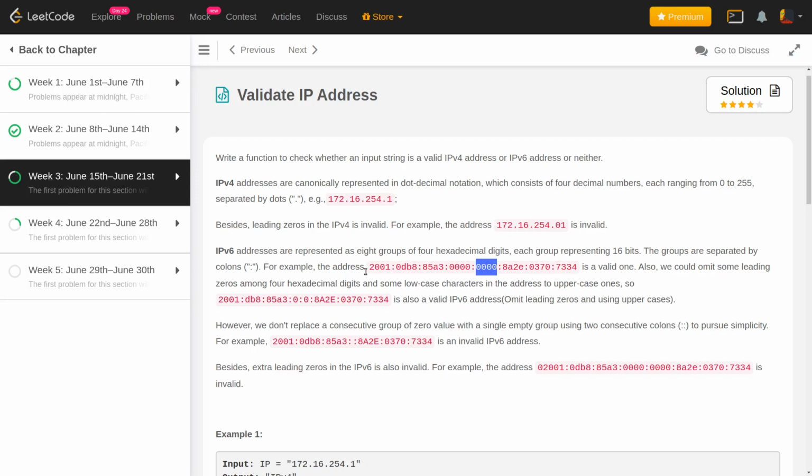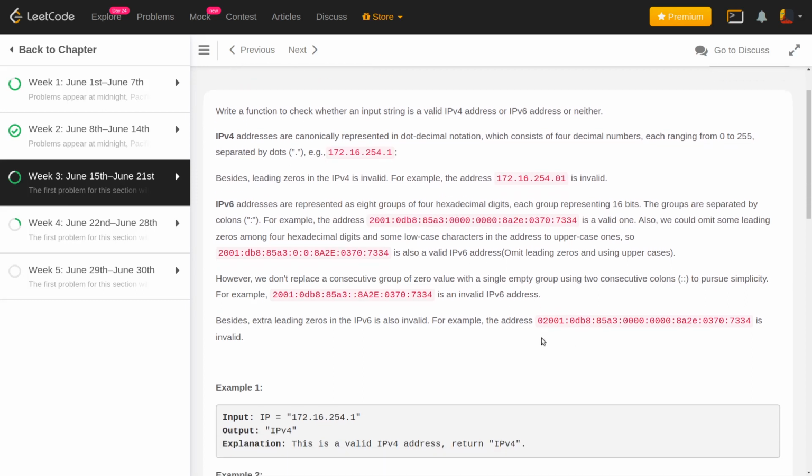But the first thing to notice is we have a total of 8 fields here separated by the colon, and each of the fields that we have should be a hexadecimal digit. It doesn't matter whether we have uppercase or lowercase in any of these hexadecimal digits. It's still a valid IPv6 address. Now something like this is not a valid IPv6 address. Why? Because you can see that the first field has a total of 5 digits, and that's not allowed. You can have at most 4 digits, and at least 1 digit, but you cannot have 5 digits.